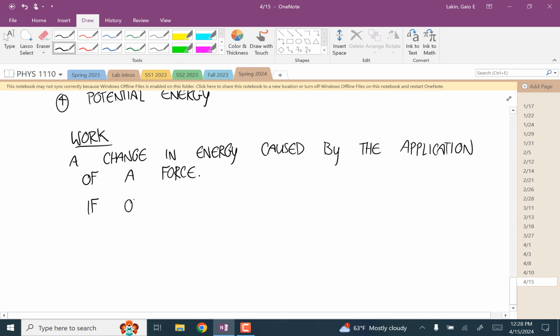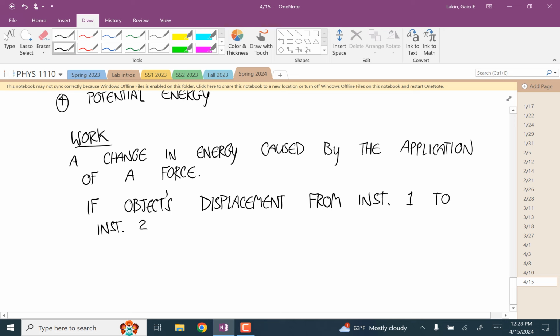If an object's displacement from instant 1 to instant 2 is the vector